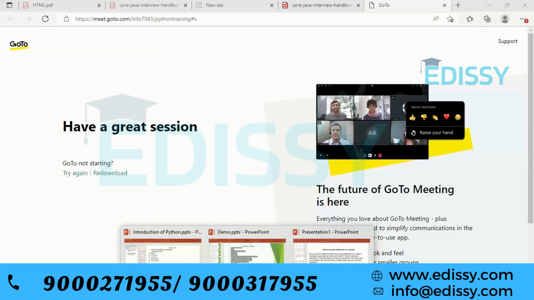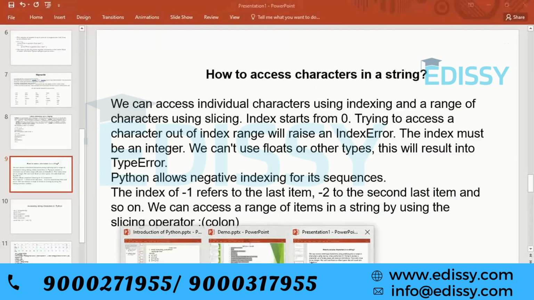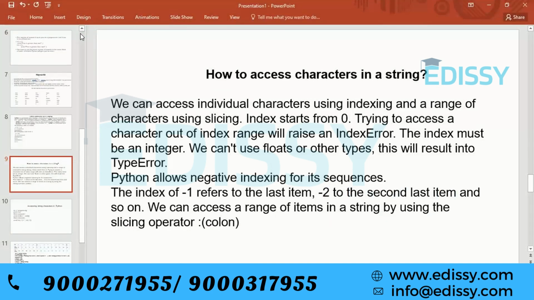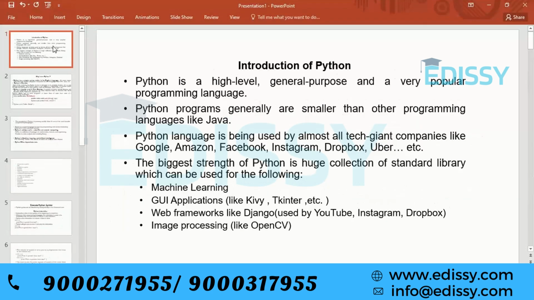I will give you a brief idea of the Python language. So I am continuing that. So the first question is, why should we learn Python? We will briefly see why we should learn Python. Python is a higher level general purpose programming language.